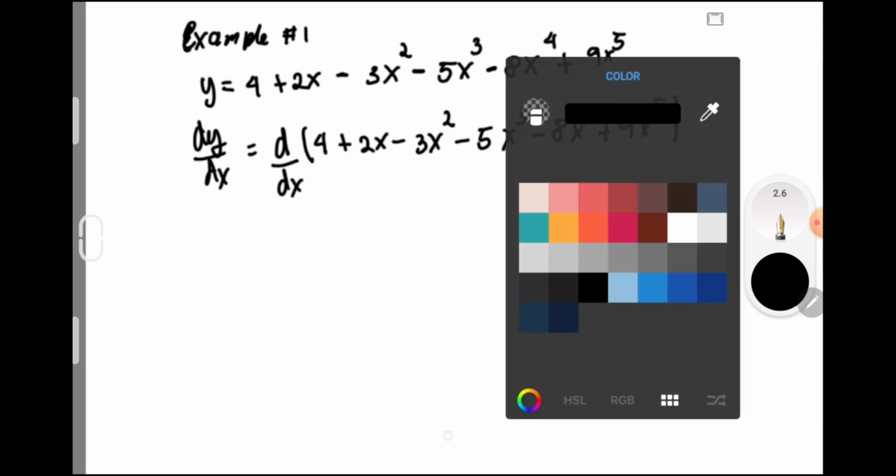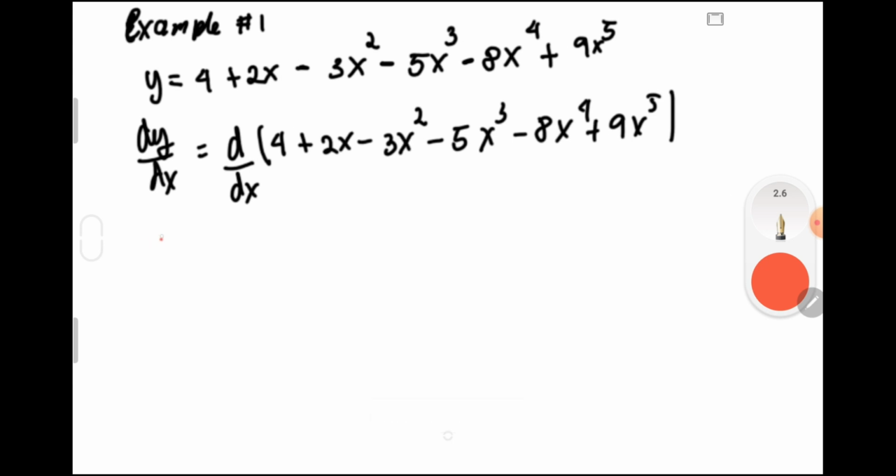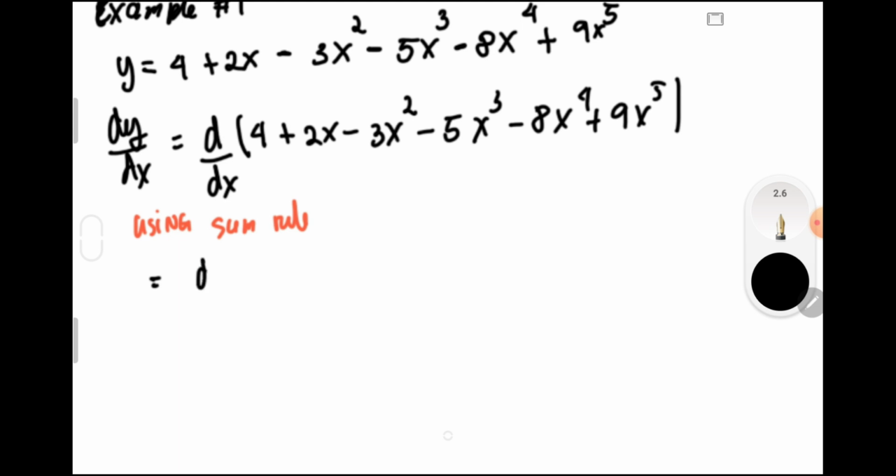So using the sum rule, we can distribute our derivative,